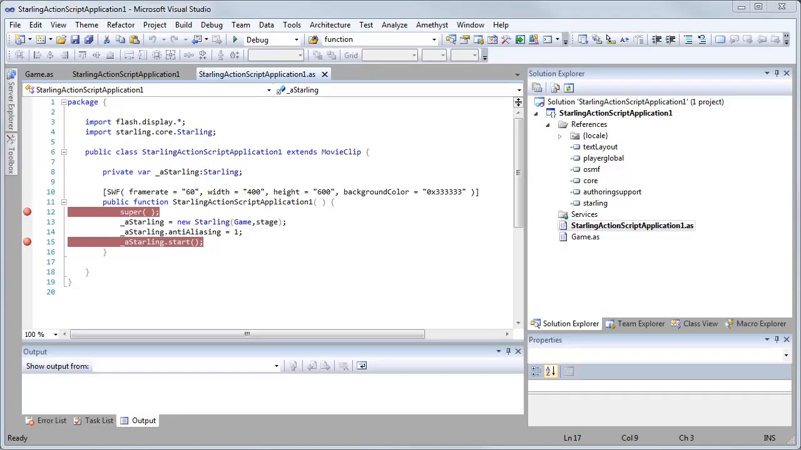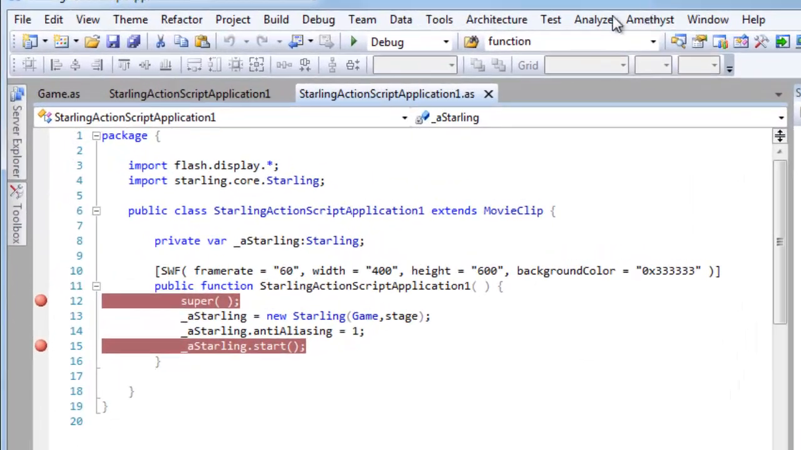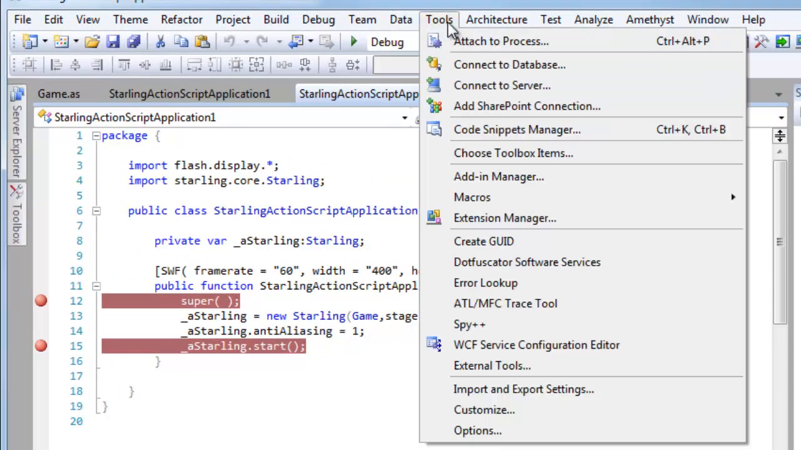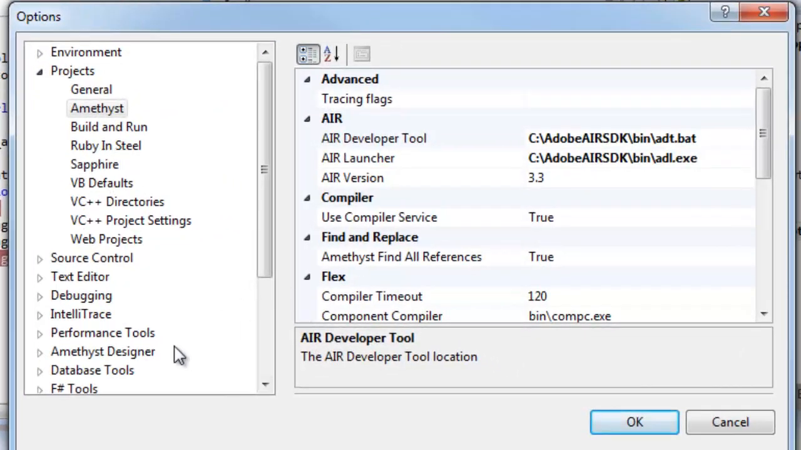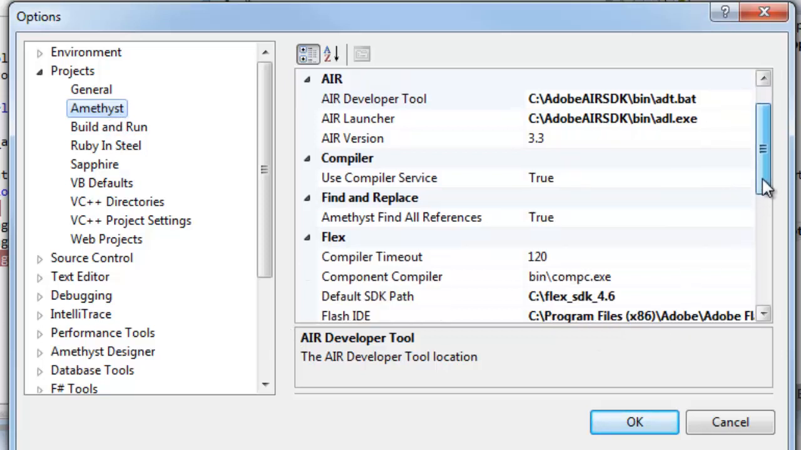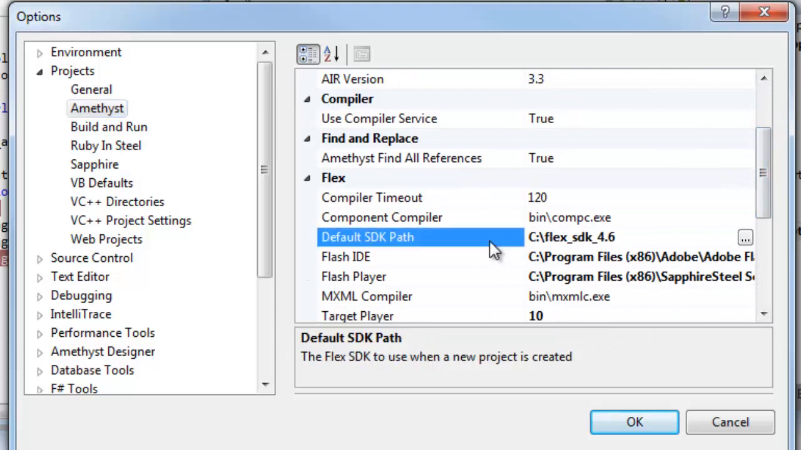And now in Amethyst you need to set a few defaults. Go to the Visual Studio Tools menu and pick Options, then Projects, and Amethyst. Now here you need to set the Flex SDK path. That's down here, and I've already set it, but you can browse by clicking this button if you need to. So here the path is